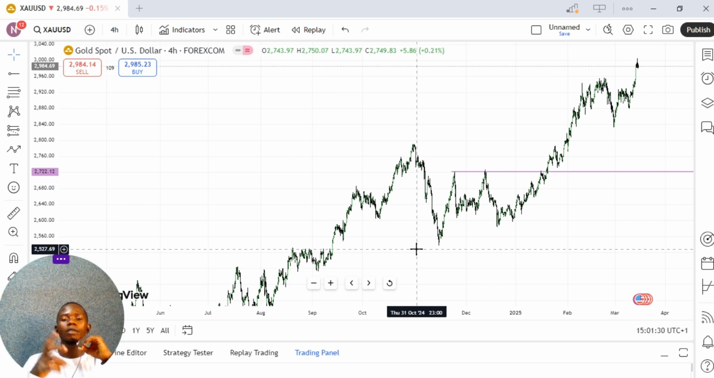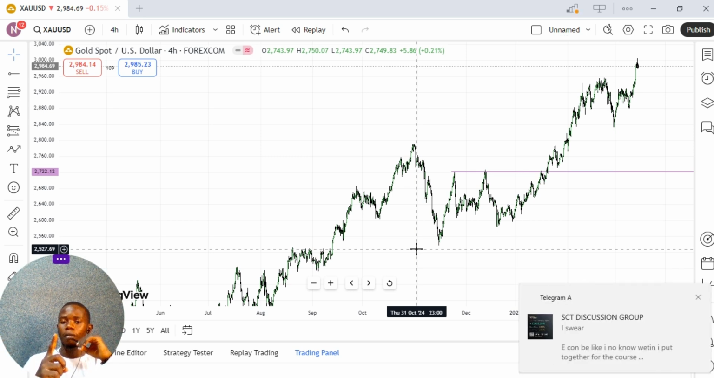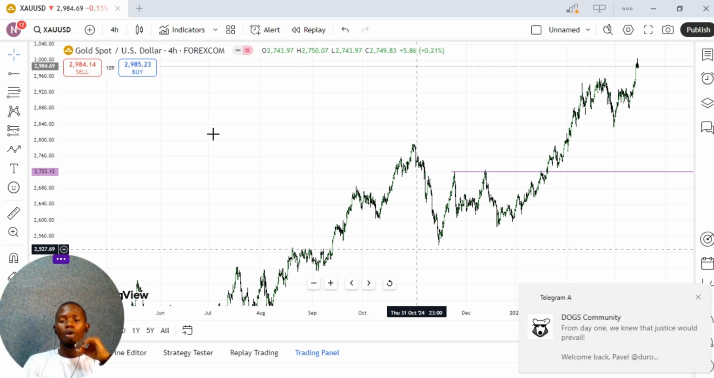But most times this is how it works. If a market creates an impulse move and the retracement doesn't retrace into 50% of the impulse move, most of the times that low is always an inducement. And once it is an inducement, market is going to come back to that level to grab that liquidity. So on gold,